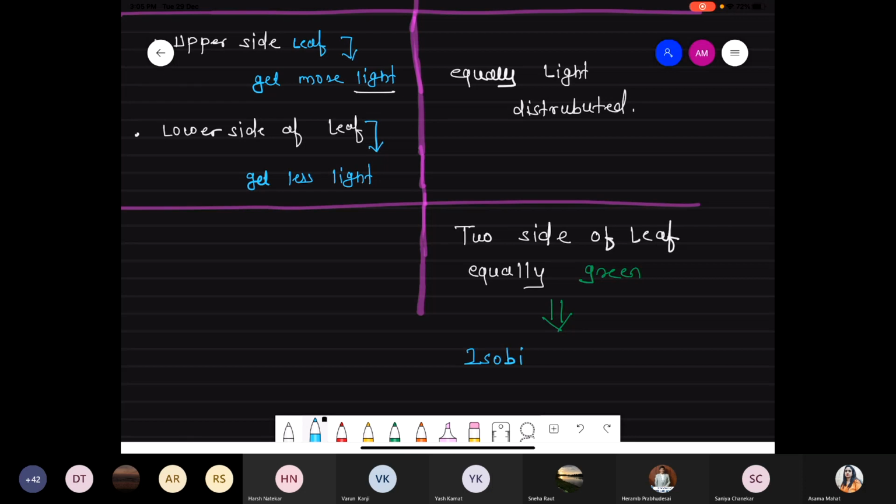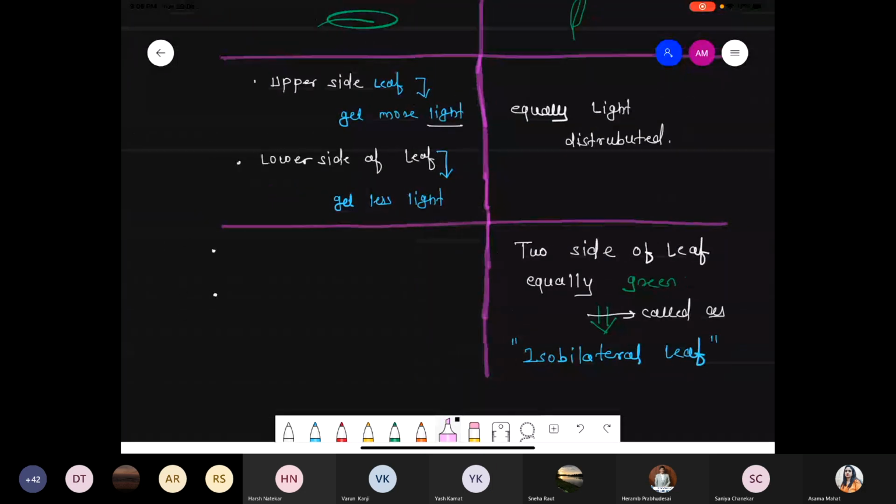Iso means equal. Bilateral means both sides of the leaf, the two sides, are the same. That's why if the two sides of the leaf have the same color, such a condition is called an isobilateral leaf. Got it? Isobilateral leaf. If you see any rice plant or grasses, it's very difficult to distinguish. If you observe it carefully, you can see that the upper and lower sides are mostly the same. But when you compare this point with dicot,